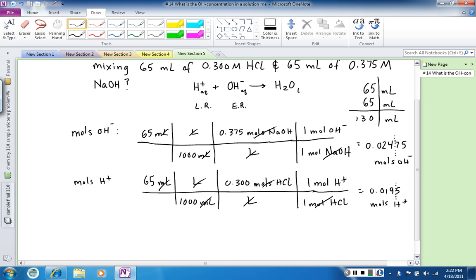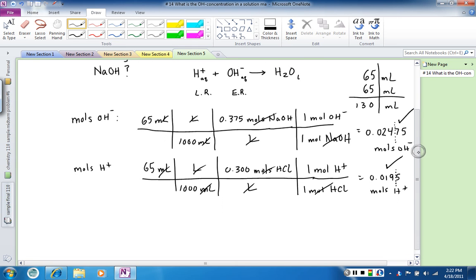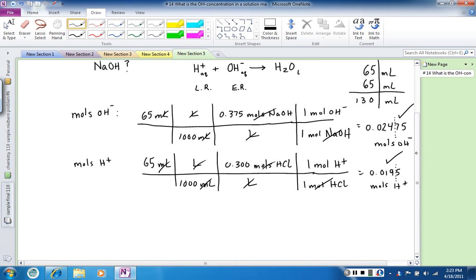So, like we thought initially, we have more moles of OH minus than moles of H plus, so H plus is going to get all used up in making water. The difference now, so moles of OH minus left is your moles